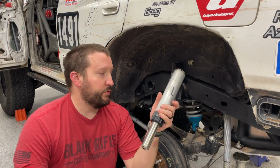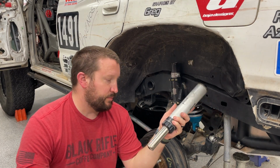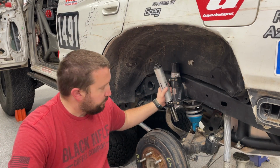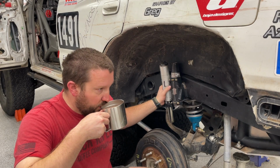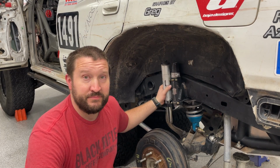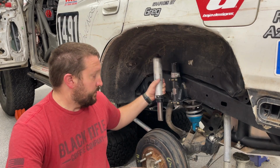Why would a rear shock mount, or why would the rear bump stop fail? I mean, even though these ends got chewed up, this actual component did not. Its frame mount did. It was pointing inwards. How did this happen? I don't know, I wasn't there. Happened after my time. I've got speculation, and to be quite frank, this is all going to be in the speculation zone from here on. I'm just looking at what failed on the rear of the truck and imagining how it could have actually